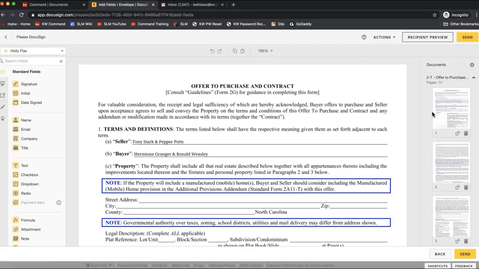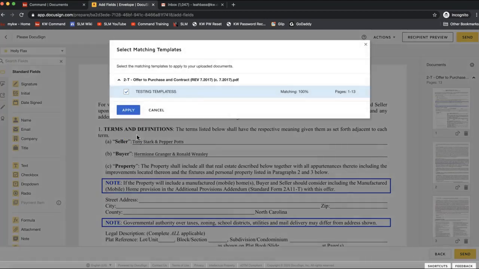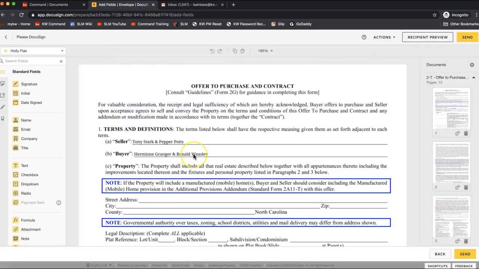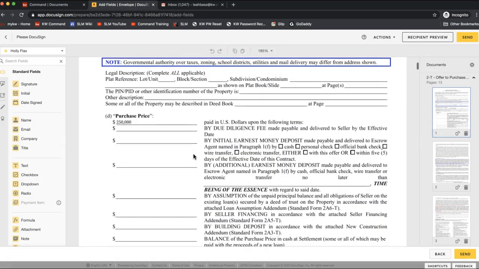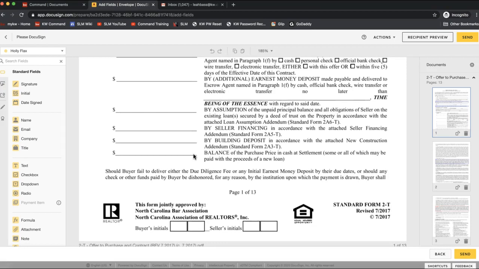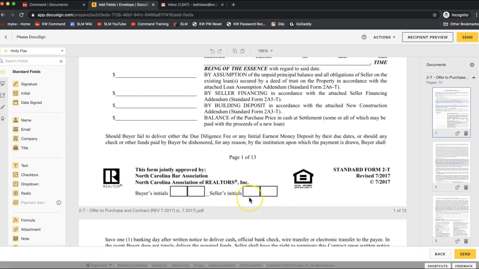Okay, so this is where all these options on the left-hand side really come into play when you're editing a PDF. So first of all, on the bottom here, well, the main thing that we want to do is add in initial boxes for our client to be able to sign. Okay, so on the bottom right of a PDF, they won't be able to electronically sign unless you add initial